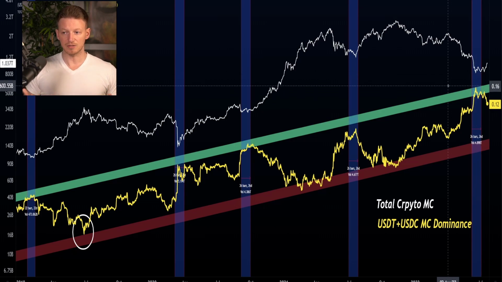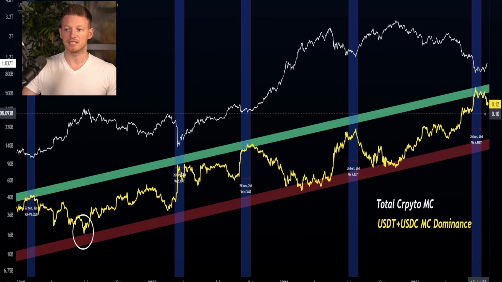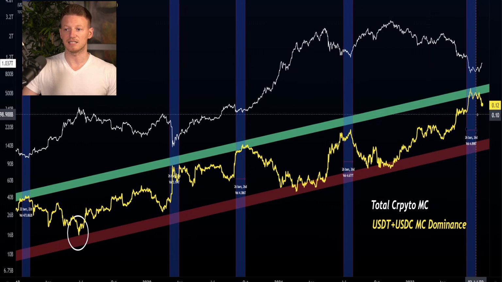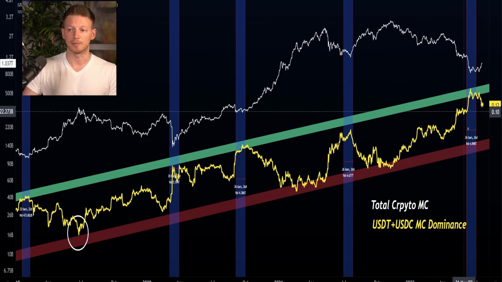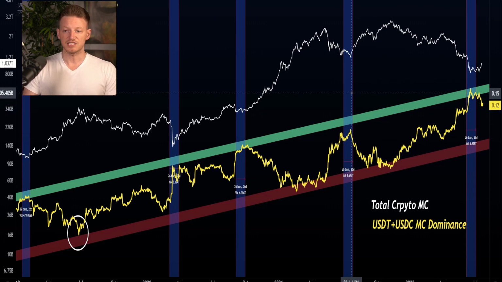So up until now, it looks like this is playing out exactly like we've seen it in the past. You see that we hit this upper level, we got rejected off of it, and now we're heading down. And remember, in this case, heading down is a good thing for the market because that means the price is heading up. Okay, so this is going to be an important metric to watch. I really do think that this is probably going to be one of the more important metrics.